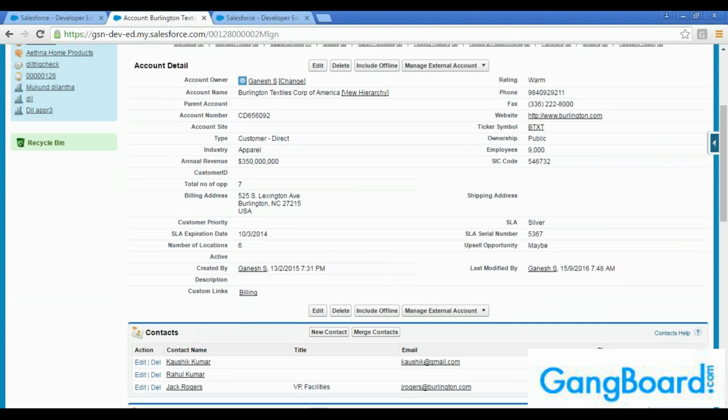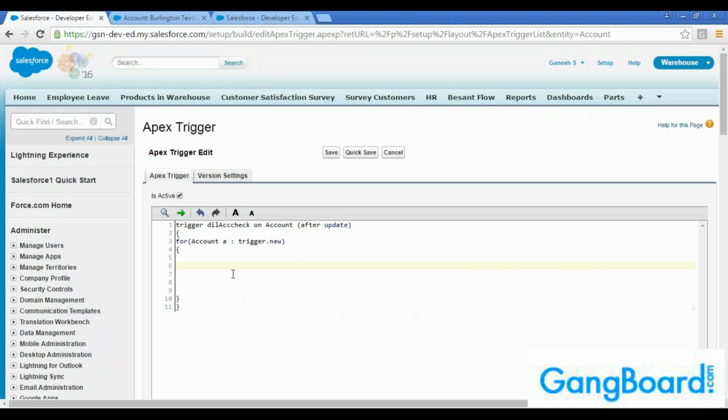As I already told, if I make any change for this particular account, only the related contacts for this account should be changed. Only the related primary contacts of this account should be changed. I don't want all the contacts in my contact object, or all the primary contacts of my contact object. Only the primary contacts related to this particular account need to be changed. So for that, I will have to put one query here. I will have to create one list on the second object. So what is the second object here? Contact. So list data type, list name is equal to,